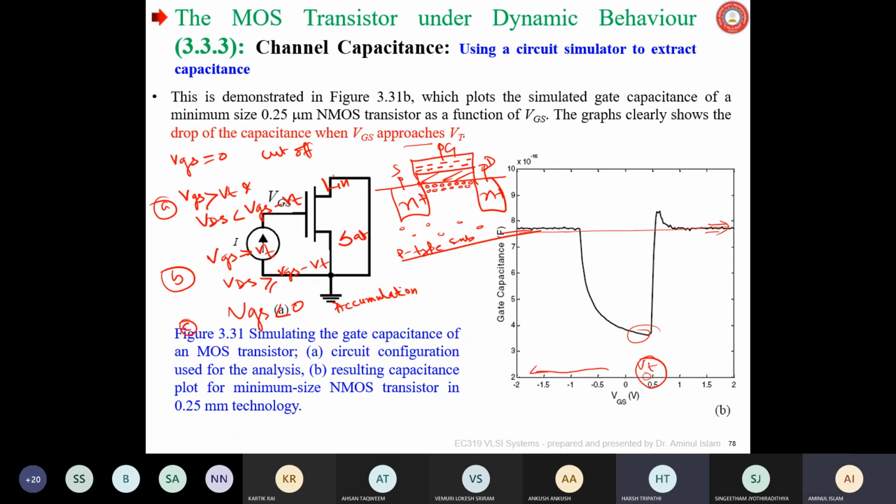Corresponding to negative charge at the gate, because you are going to connect VGS negative, the holes will be accumulated here. Of course, there will be no drain current. Will there be any drain current?